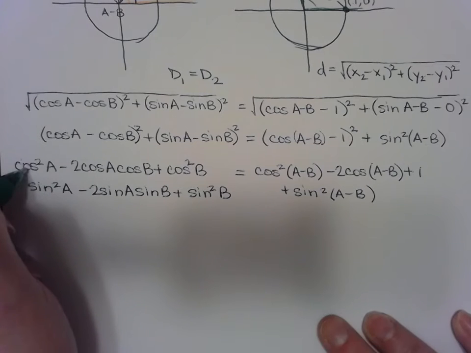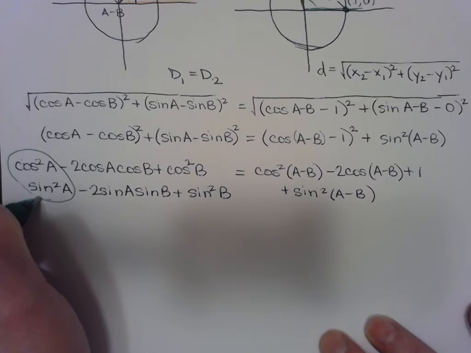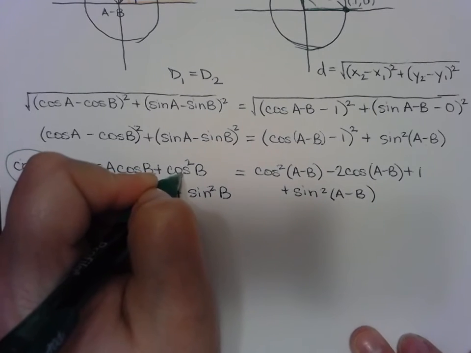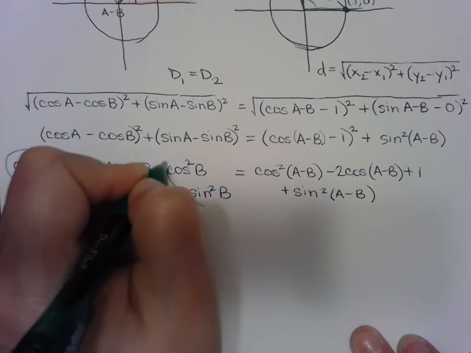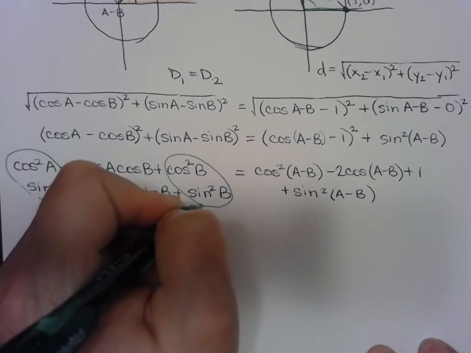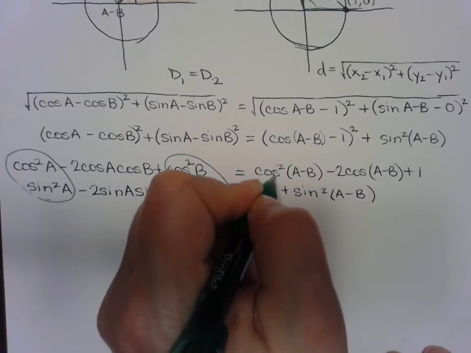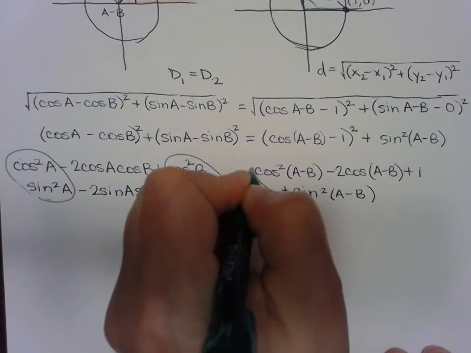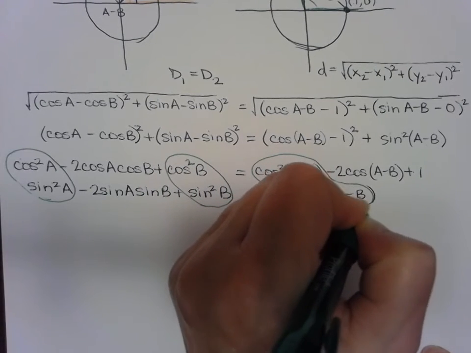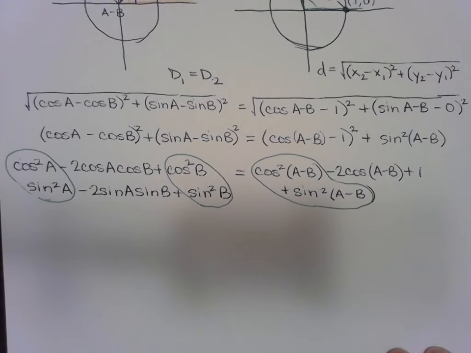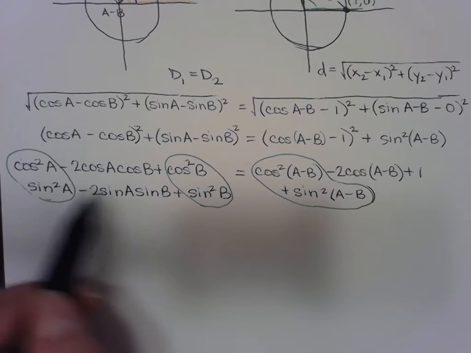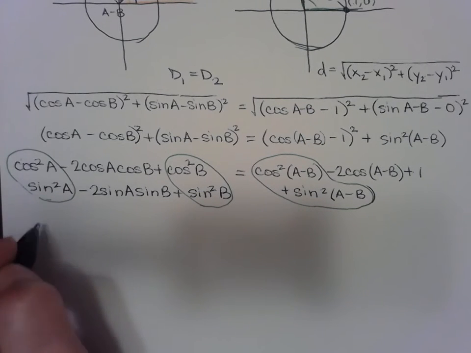Okay, I've got cosine squared plus sine squared, both of A. Those are going to add to 1. I've got cosine squared plus sine squared for B. Those are going to add to 1. And on this side, I have cosine squared plus sine squared of A minus B. Those are going to add to 1. All right, so this is 1 and this is 1. So really that's 2